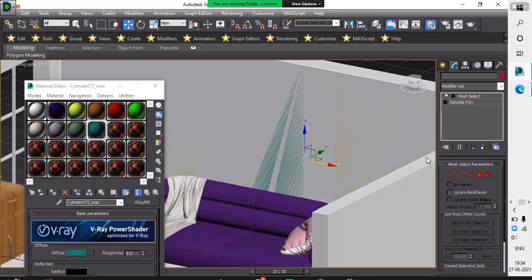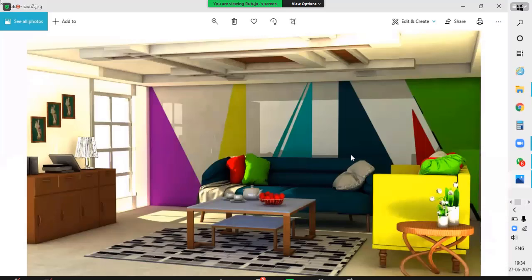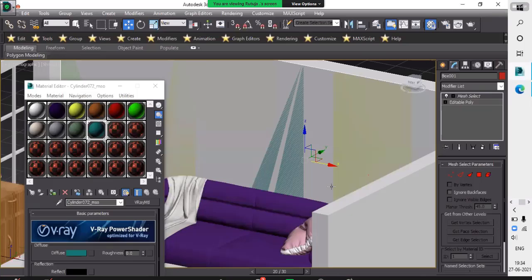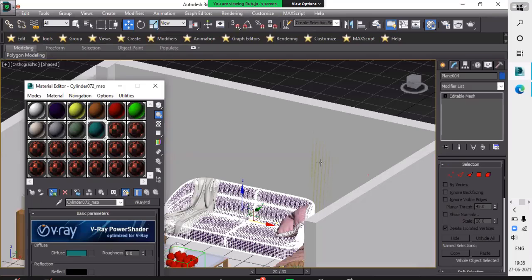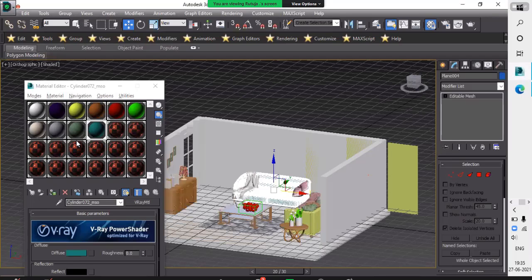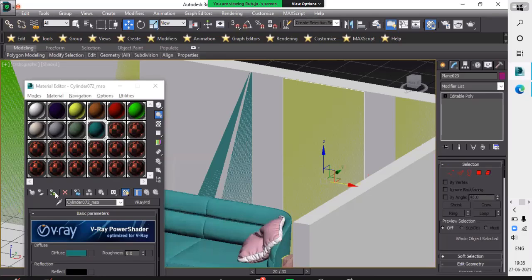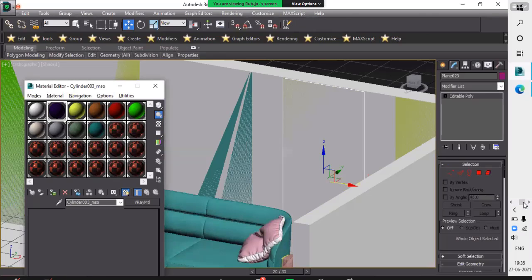Next one, the brown one, which will give the sofa color. Guys, it looks transparent because we will increase the reflection and refraction in V-Ray.